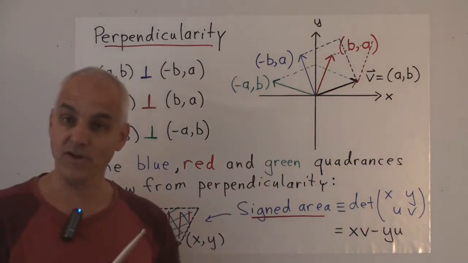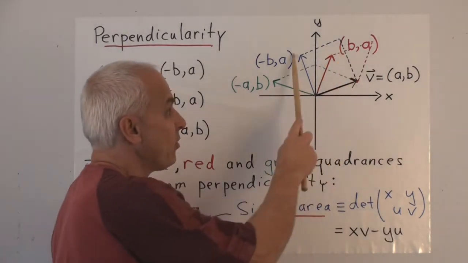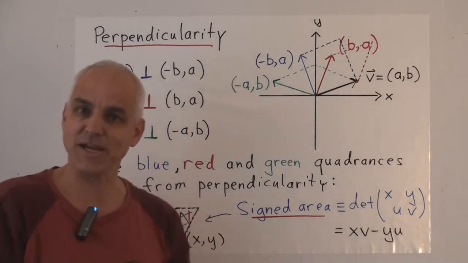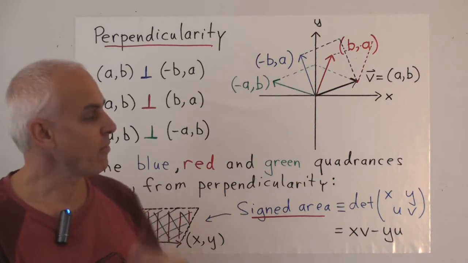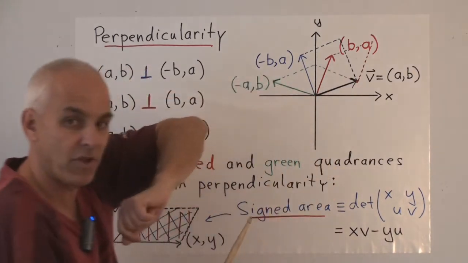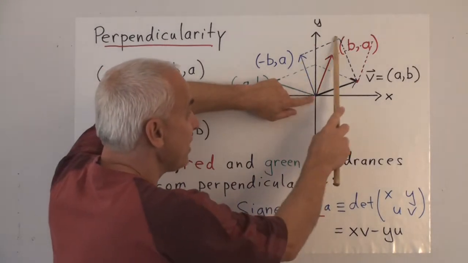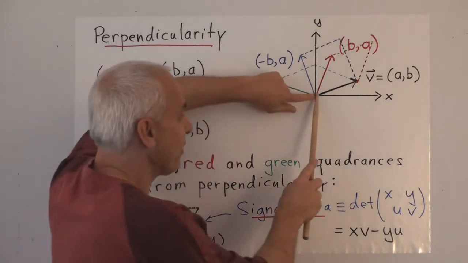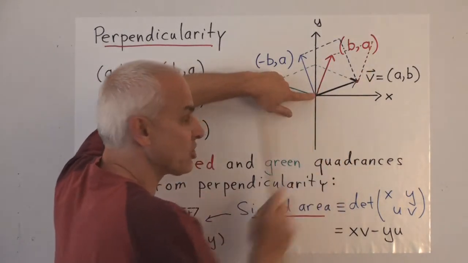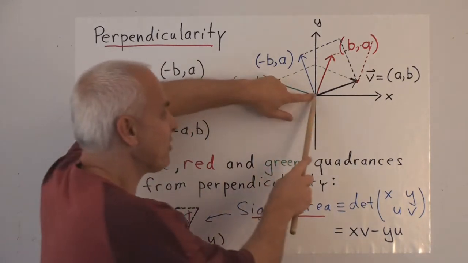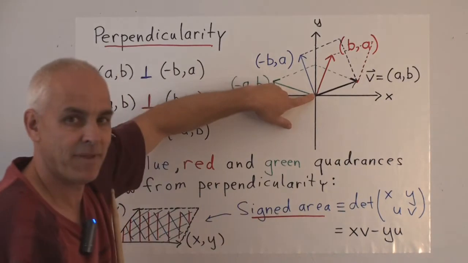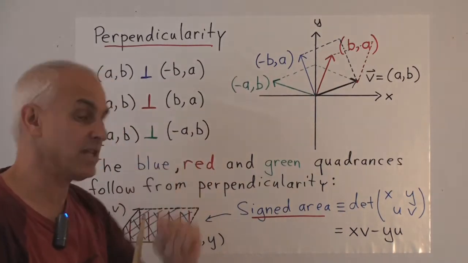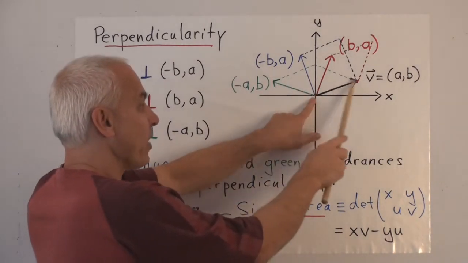Now the connection with the quadrance is that in each of these cases, these pictures are defining a square. And quadrance, back to the ancient Greeks, is the area of a square. So when we measure the blue quadrance between these 2 points, what we're really doing is measuring the area of this square. And when we measure the red quadrance between those 2 points, what we're really doing is measuring the area of this square. Well, it doesn't look like a square to us, but it's a square in the red setting. And when we measure the quadrance in the green framework between these 2 points, what we're really doing is measuring the area of this green square right here.